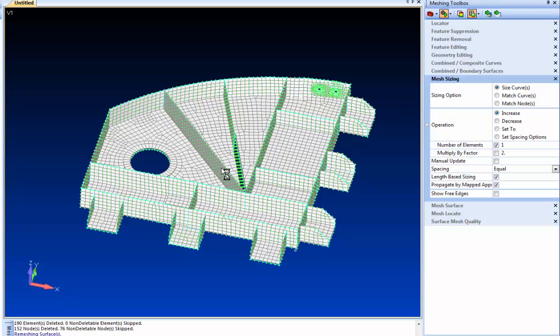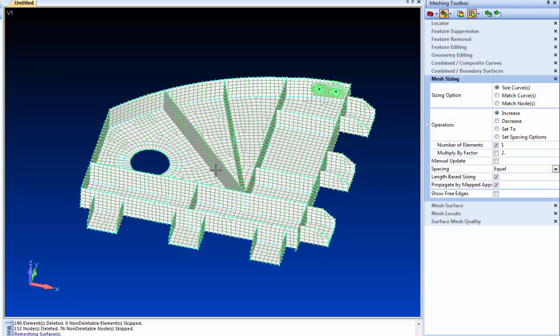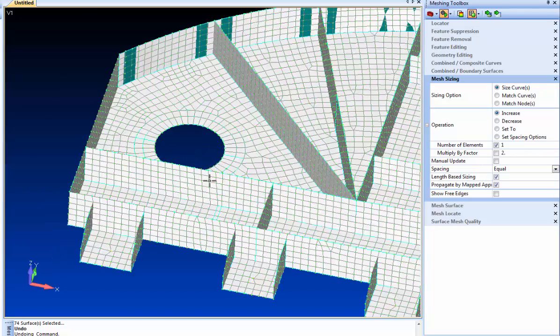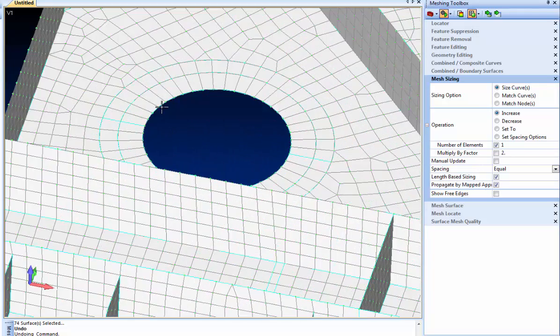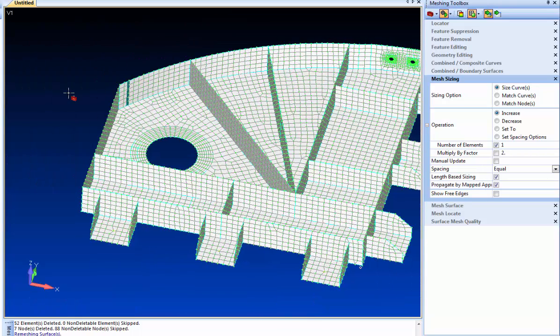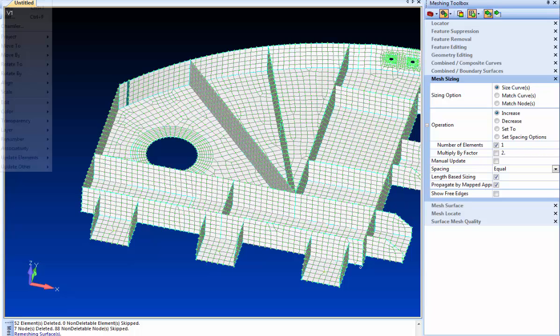Now, if I really wanted to control it even more, let me go back with a redo. We do have 99 levels of undo. So if I really want to control it more, we could use our meshing toolbox here, and I could juice up the mesh sizing around this hole. And let's just say I'm going to go even one more. Same thing on the outer ring. So now the mapped mesh is, well, let's keep going. We'll give even more resolution. This will be fun. So now we got that hole juiced up, and you'll see when we do the update now,